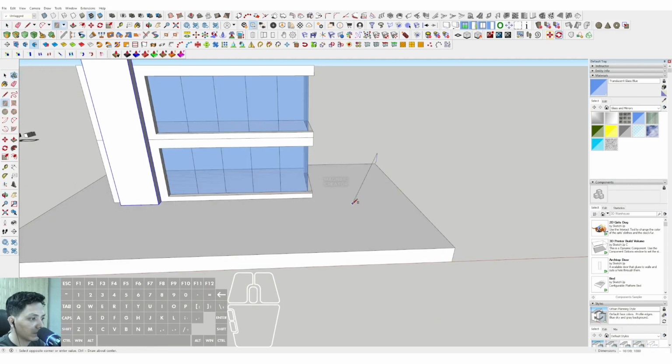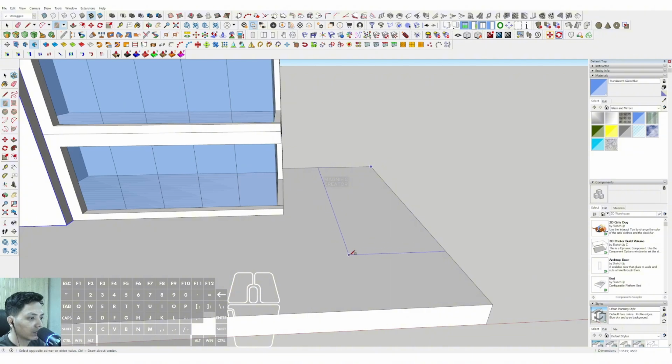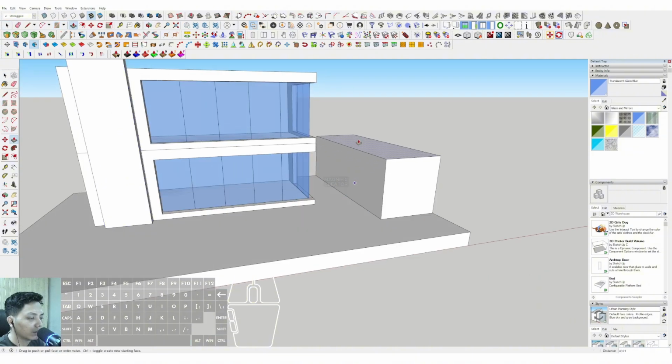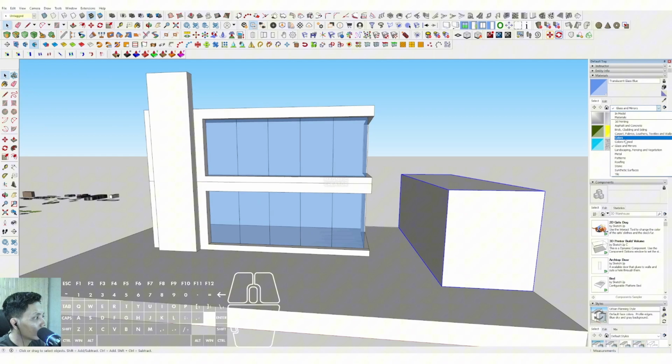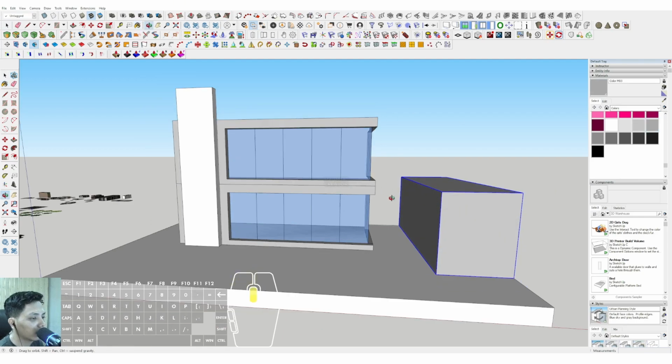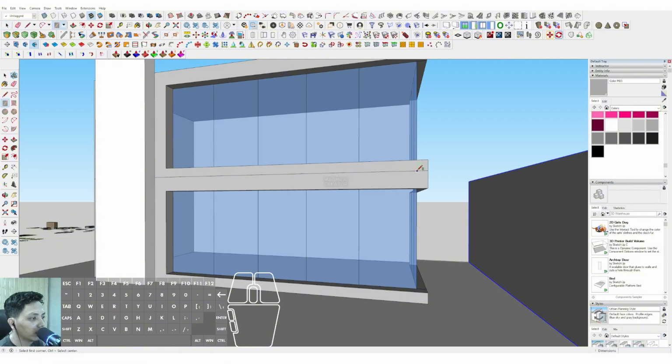Then we can make a rectangle on the position, and push it up in here. Then we make group. After that we can select the color, and select the gray color. Maybe we can select the gray color or dark color in here, and now we can add more canopy